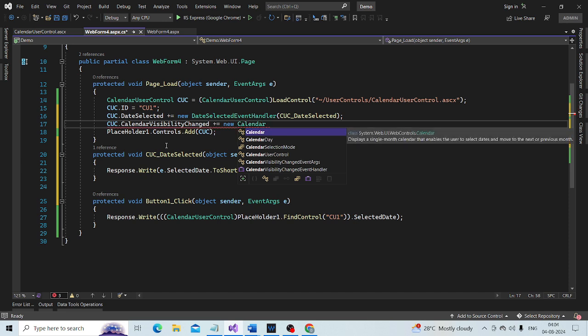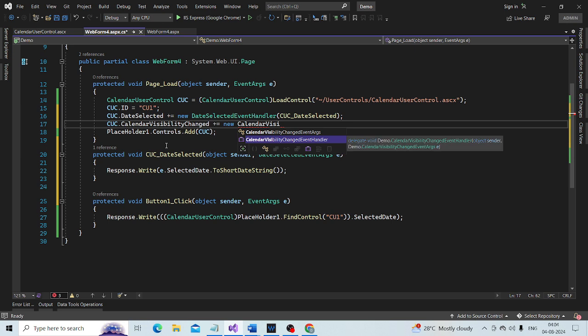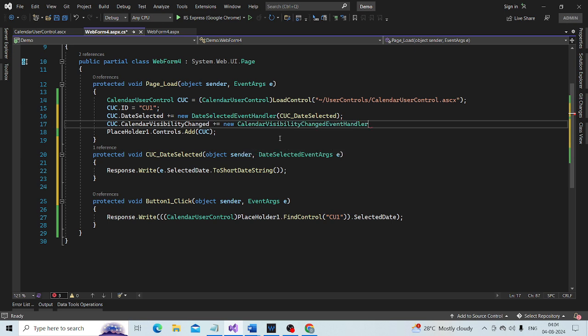Calendar visibility event handler, that is the delegate, and the event is calendar visibility changed.